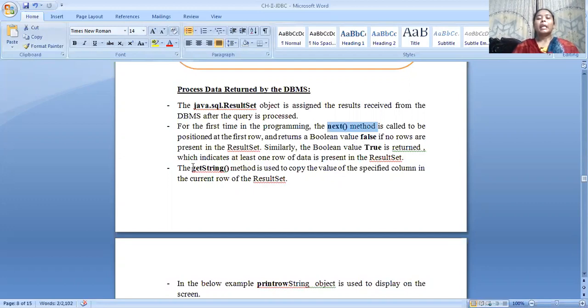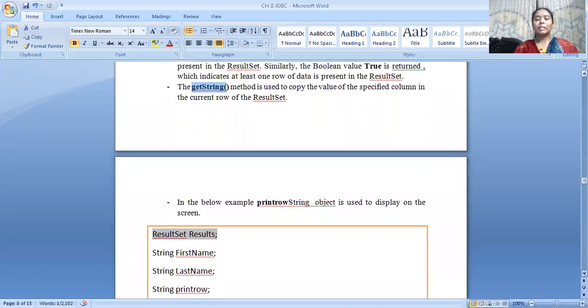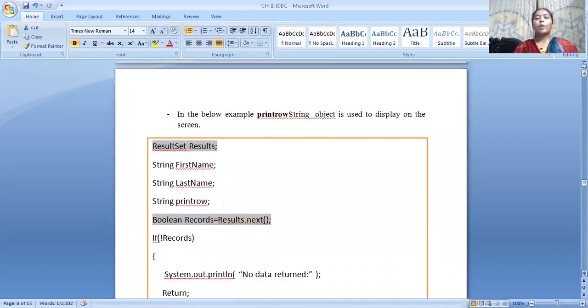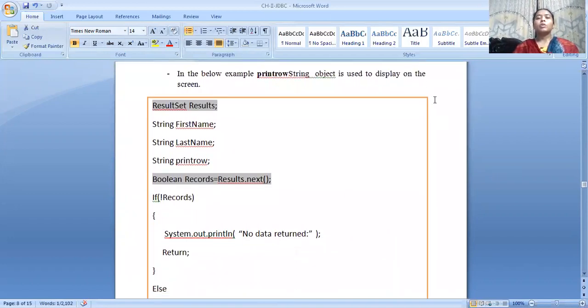Next, the getString method is used to copy the value, and let us see how the output of a program is going to be displayed. Here print row is a string object in my program. These are my data. This is my result set.